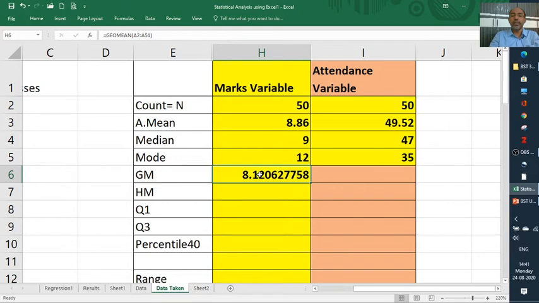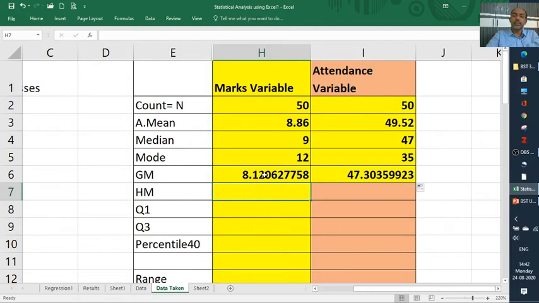So geometric mean is 8.12 something continuously, but after decimal 2 points is enough for us. 8.12. Likewise, what is the geometric mean for attendance? 47.3035.